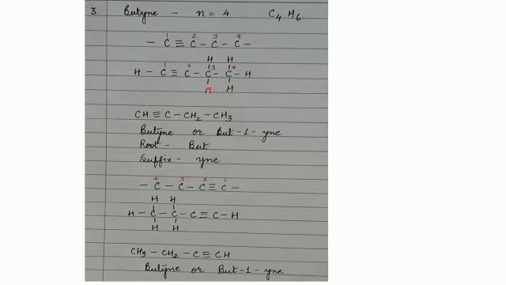So you will not randomly attach hydrogen atoms to any carbon atom. You will count the number of electrons. The number of electrons with each carbon must be 8, and all the 4 valencies should be satisfied. We can write the structure as CH, triple bond, C, single bond, CH2, single bond, CH3.